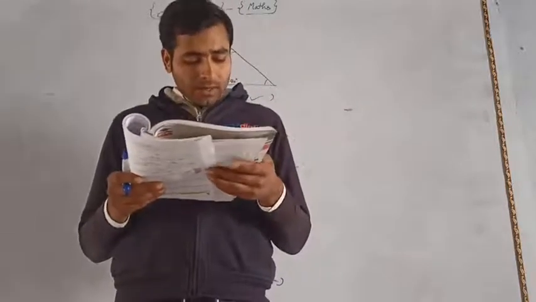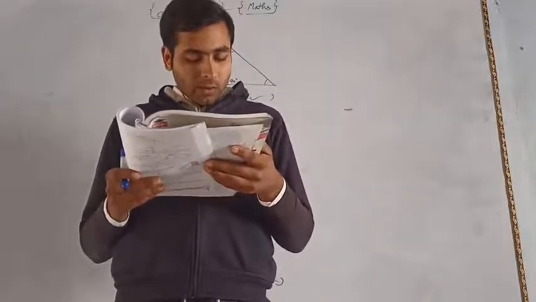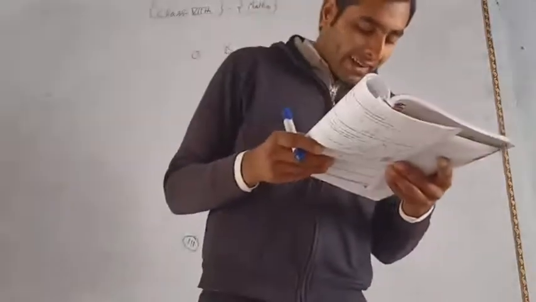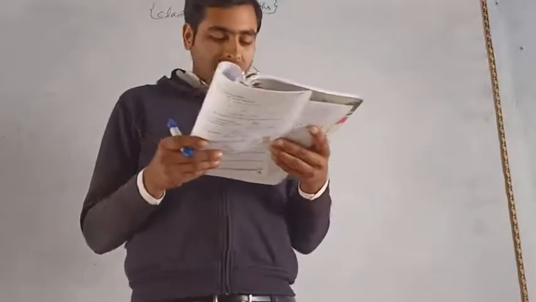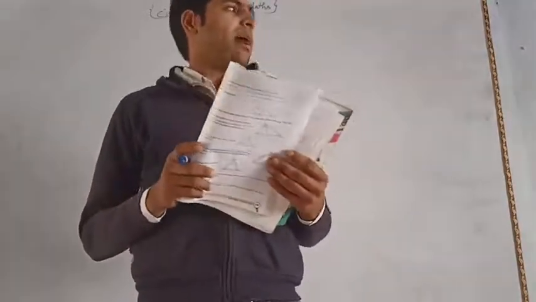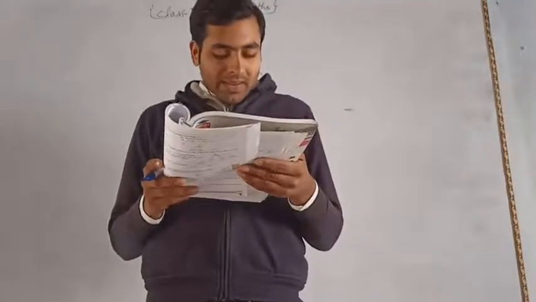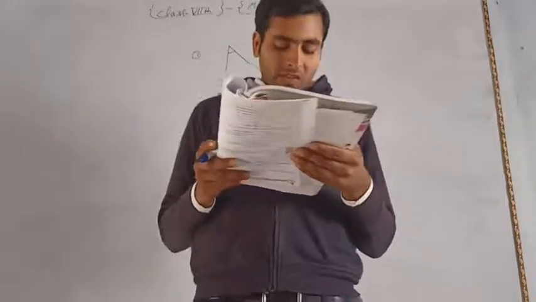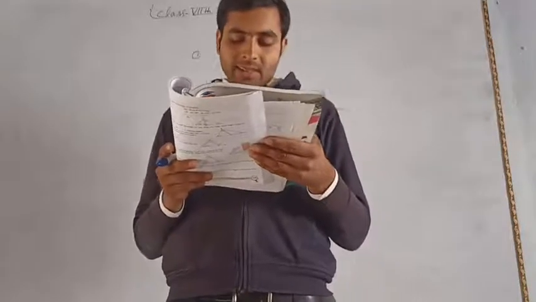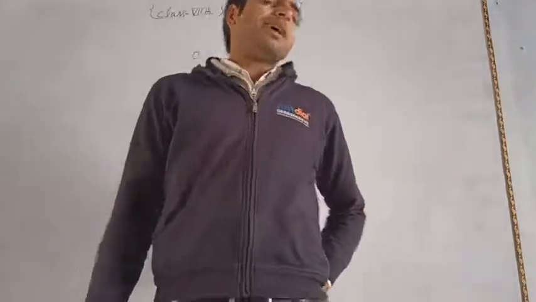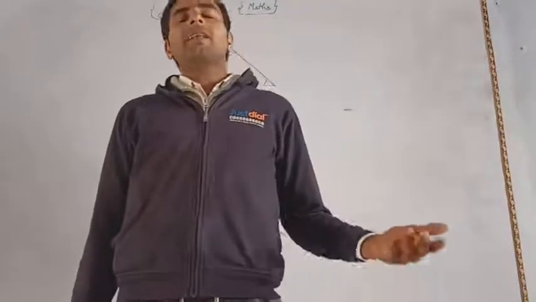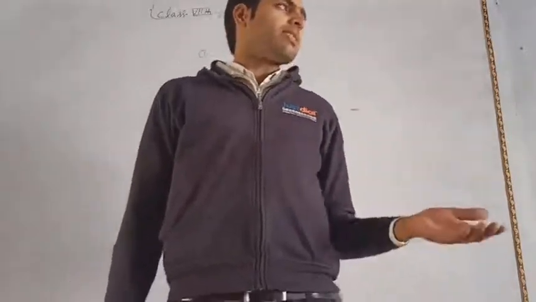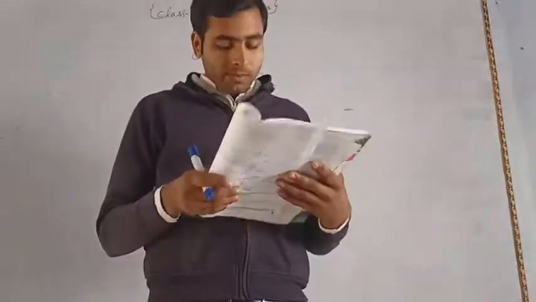Again, in part B, fill in the blanks. Problem first: in an acute angle triangle, all of the angles are less than 90 degrees, because in an acute angle triangle all the angles are acute. Second, the measure of each angle of an equilateral triangle is 60 degrees, because you know that in an equilateral triangle the three sides are the same. So if the sides are the same, then the angles are also the same.